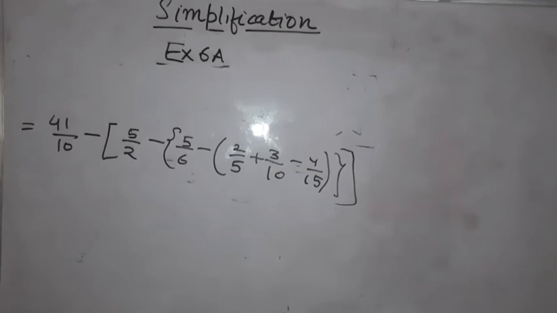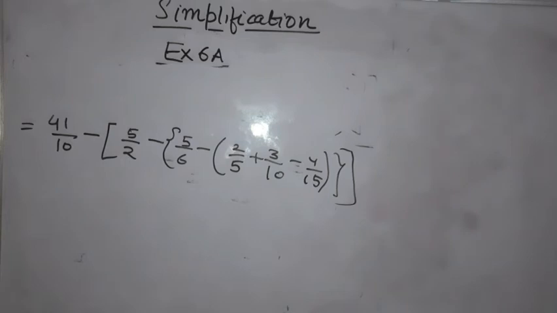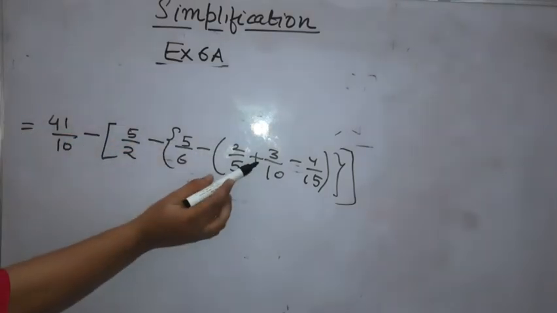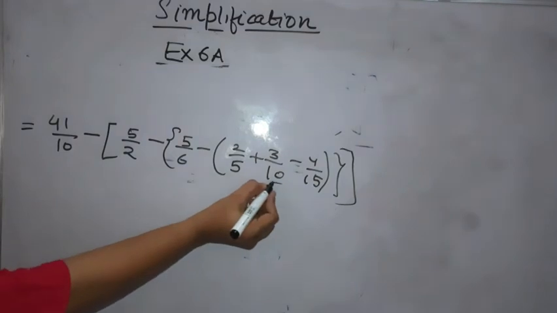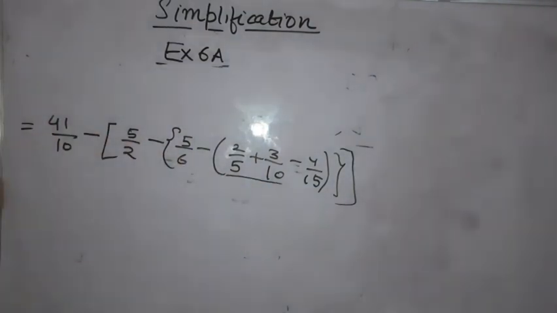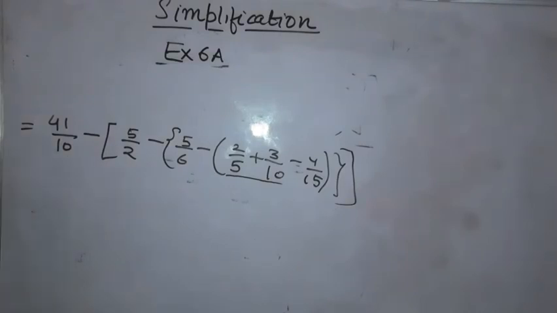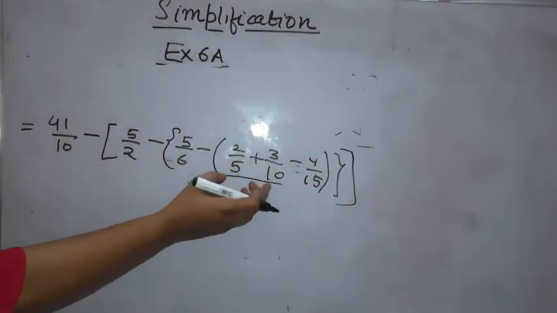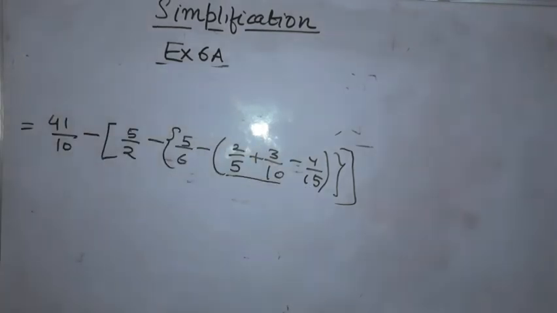Now in order to remove the small bracket, there are 3 terms given in the small bracket. 1, 2, 3. In total there are 3 terms. So as per the BODMAS rule, positive is also there in the bracket and negative is also there in the bracket. So how will you proceed students? Firstly you will add the positive. क्योंकि BODMAS rule के according once you are writing BODMAS, multiply then add and then subtract. तो पहले आप क्या करेंगे? You will add. So 2 by 5 plus 3 upon 10 will be solved first and the result आप उसमें से 4 upon 15 subtract कर लेंगे.